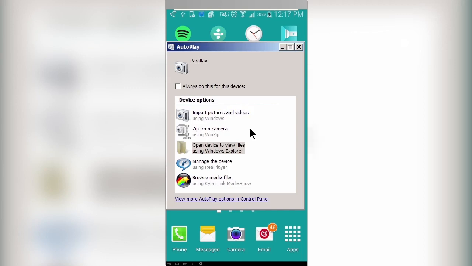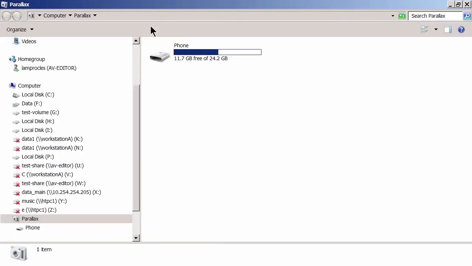And it gives you lots of options for how to work with the device. You can view the files and copy files with Windows Explorer, or you could use other programs to automatically synchronize those files. So you have lots of options here, and that'll depend on what programs you have installed on that particular computer. So if we go to open the device to view files using Windows Explorer, that'll bring up the